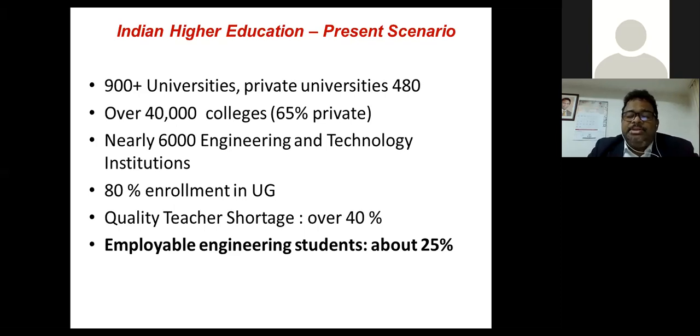Since so many years I have been hearing the same statistics. That means things are not improving. If we cannot improve student-centric teaching and learning, we will not get employable students. So student-centric is very, very important, because I always say that a student's happiness on the campus leads to success. This happiness is very, very important, and happiness comes from what they want in teaching and learning.